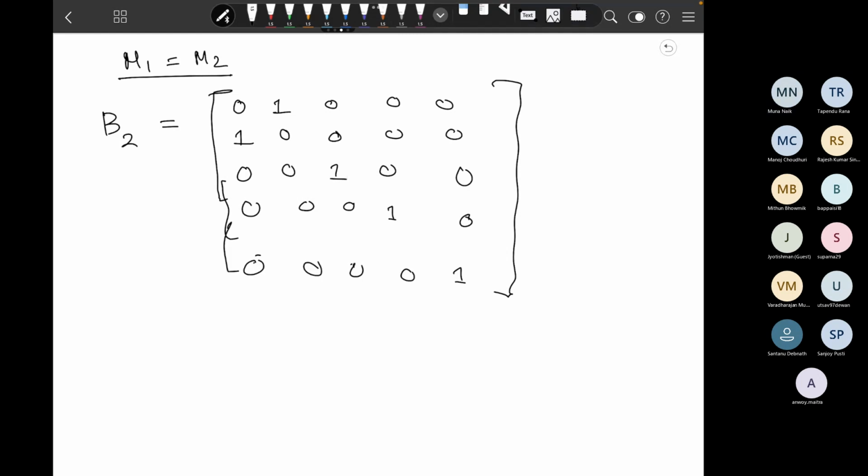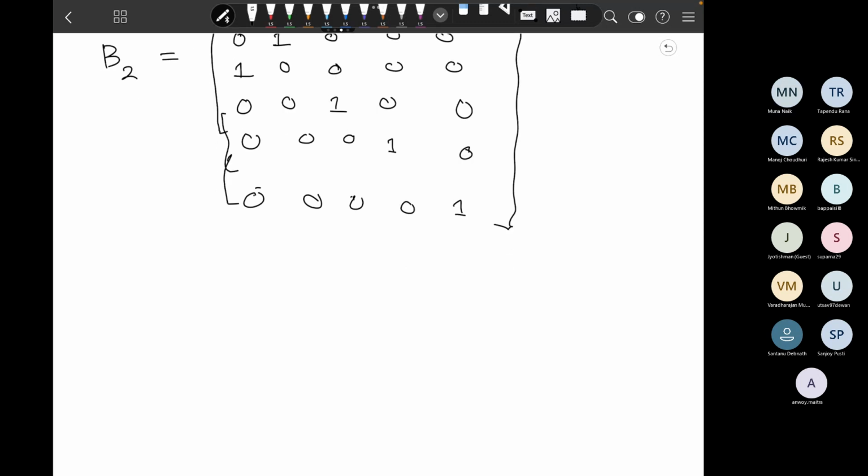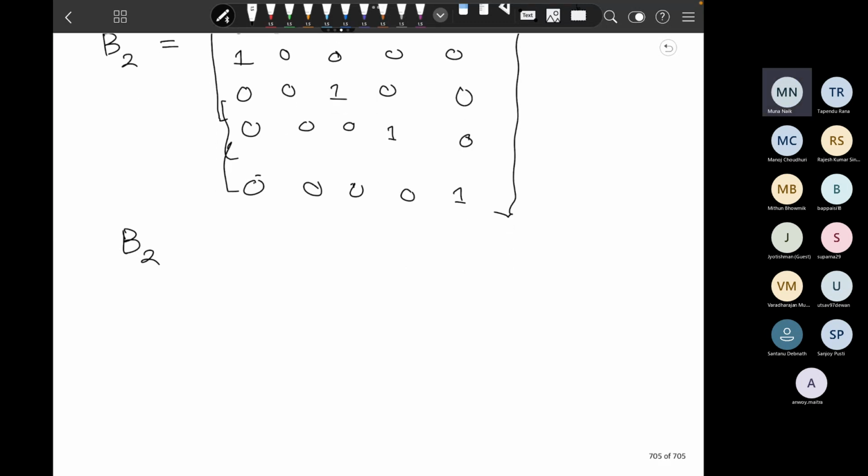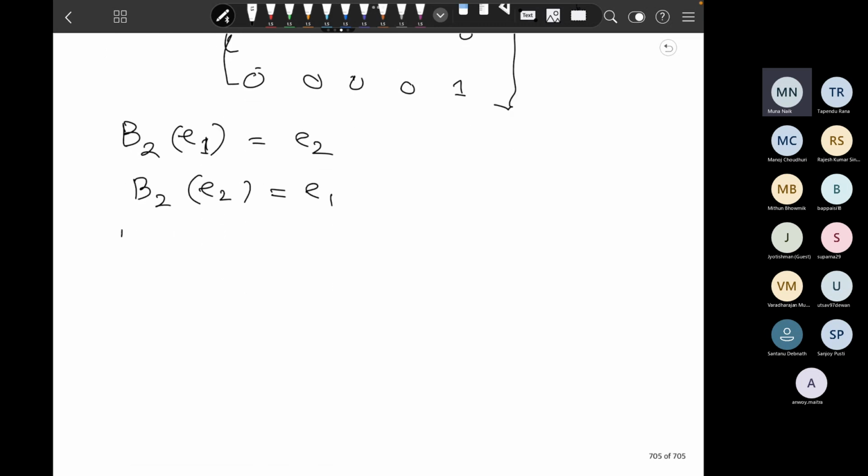So this is the matrix. This B2 is the elementary matrix which formulates the row 1 and row 2. So what precisely is B2 of E1? B2 of E1 is equal to E2, and B2 of E2 is equal to E1. So now AB2